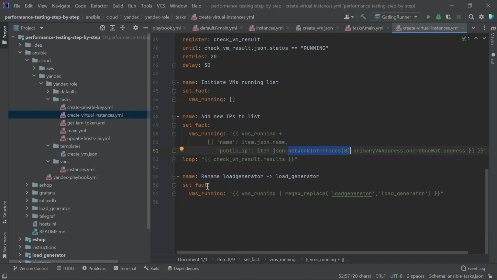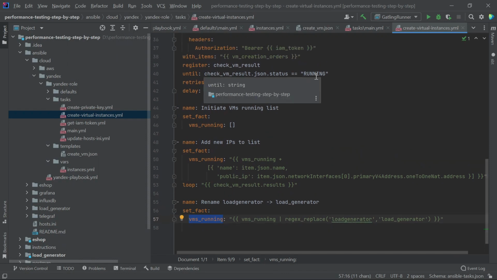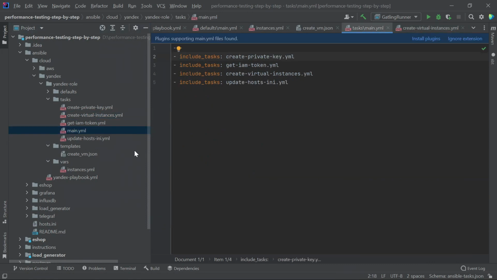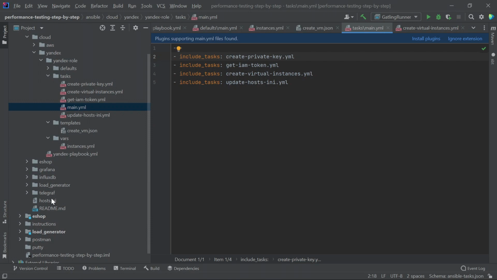And we save these public addresses to the VMS running variable. After that, it remains to add public addresses to the host ini file, and the corresponding task is started for doing this.